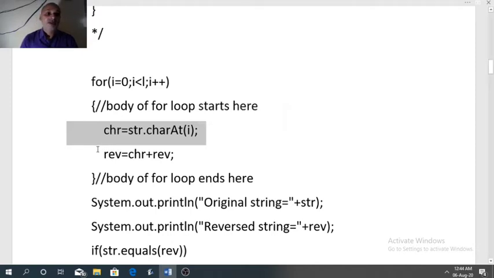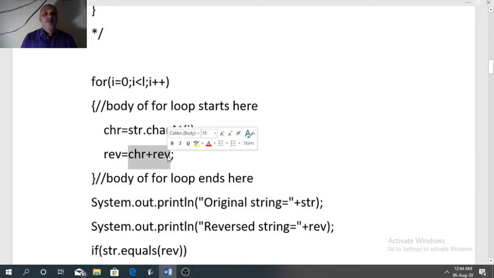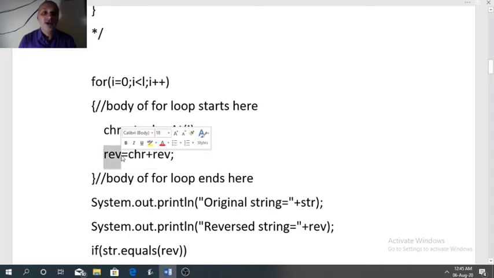Now the logic is: extracted character will be added in the beginning of rev. So CHR plus rev, it means the new character after extracting will get added to the previous value of rev. And after adding, the result will be stored in rev. It means rev will be modified.